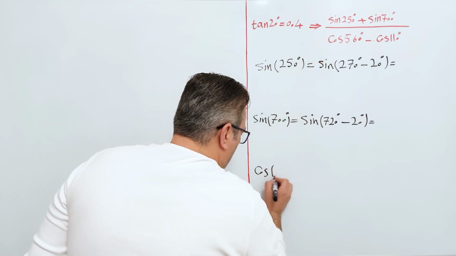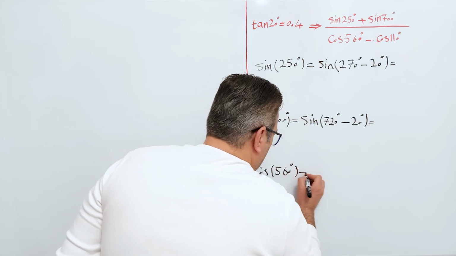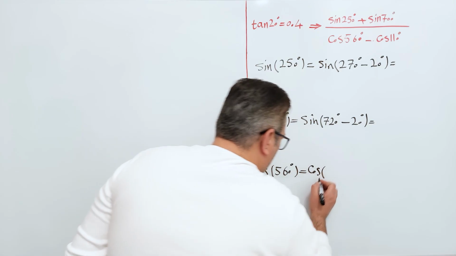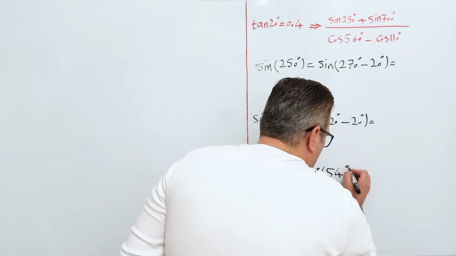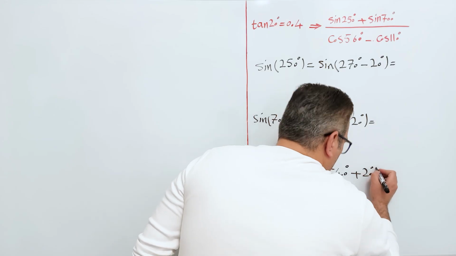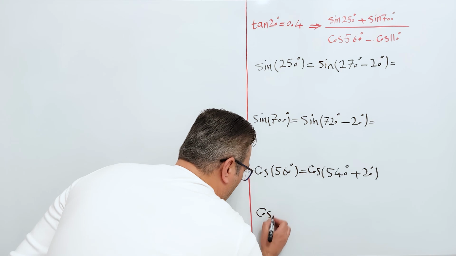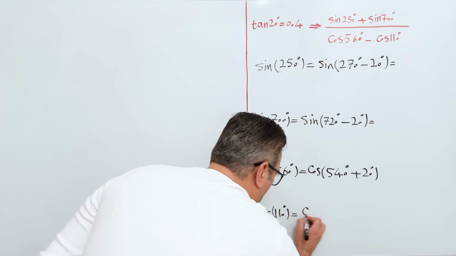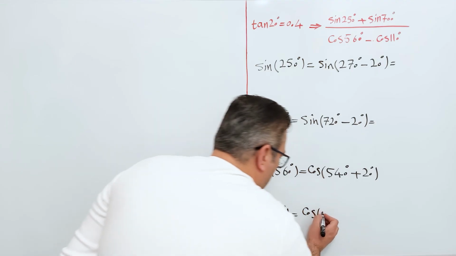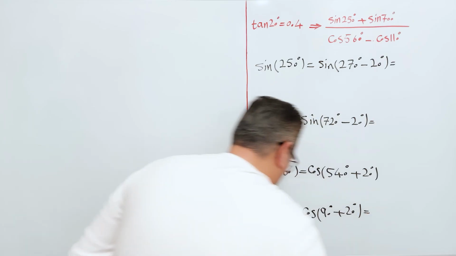cosine of 560 degrees is equal to cosine of 540 degrees plus 20 degrees, and finally cosine of 110 degrees is equal to cosine of 90 degrees plus 20 degrees. Okay,